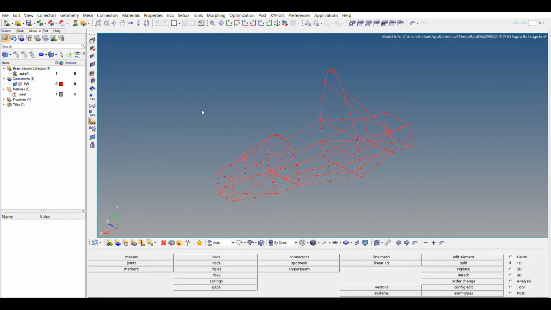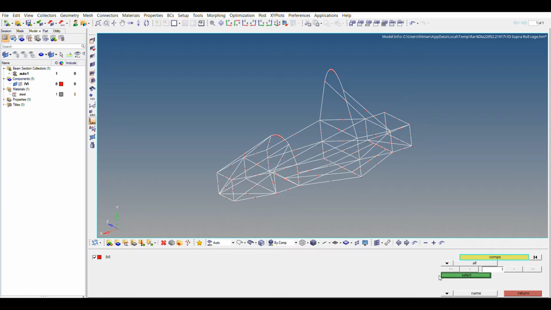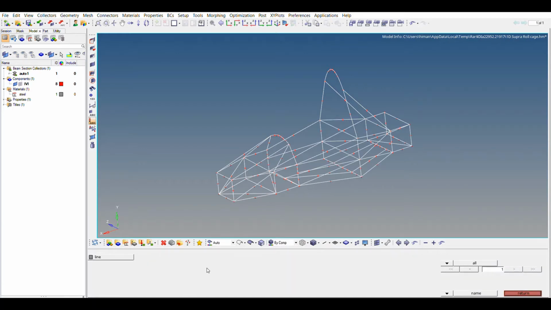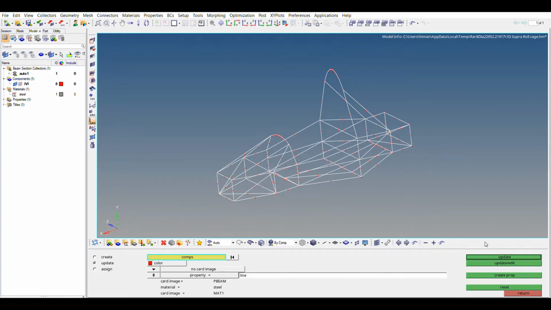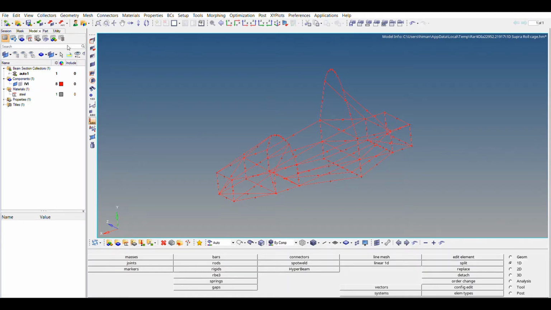Now let's update our component with the new property. For that, go to component section and then select the component, select, and then card image, don't use any card image, property, toggle it to property, and then property as the one we have just created, line, and then update. Now our component is assigned with the new property and material.